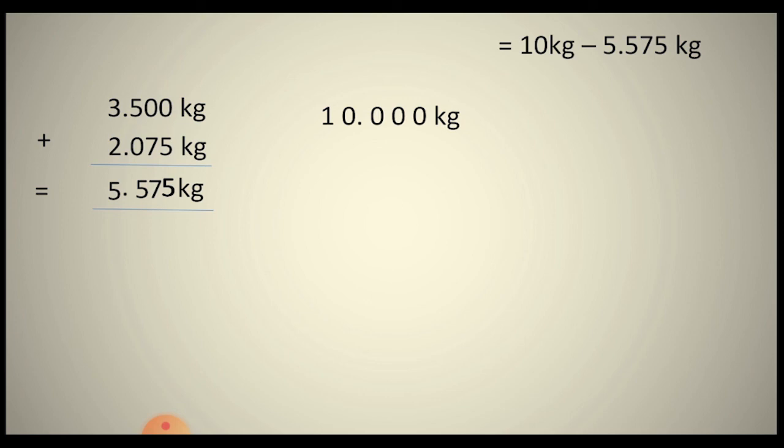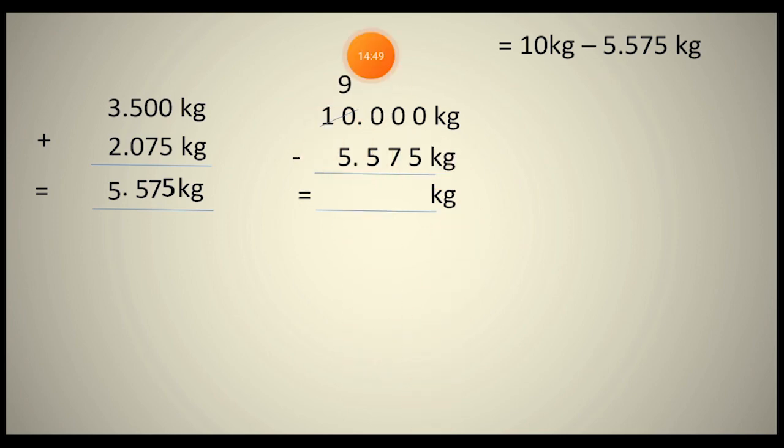So with that you have got here the sum. Now what we will do is subtract this weight from the total weight of the vegetable. So let us do the subtraction by arranging them. Again you can see here we have arranged these quantities, and now we will subtract by taking the borrow. So here this 10 will become 9, and the previous digit in the tenth part will get 10.